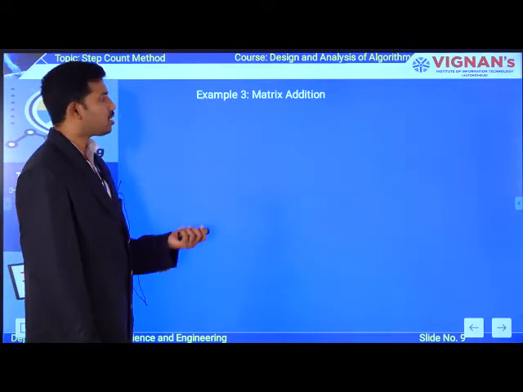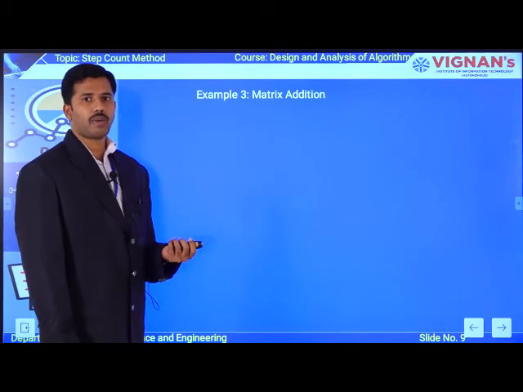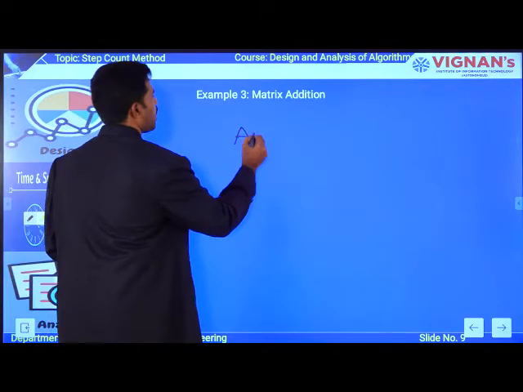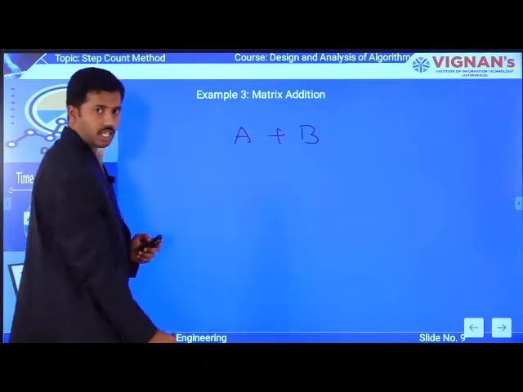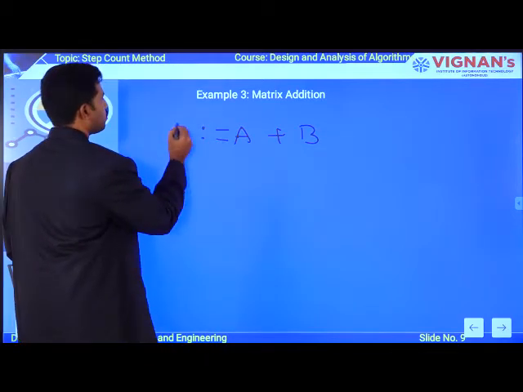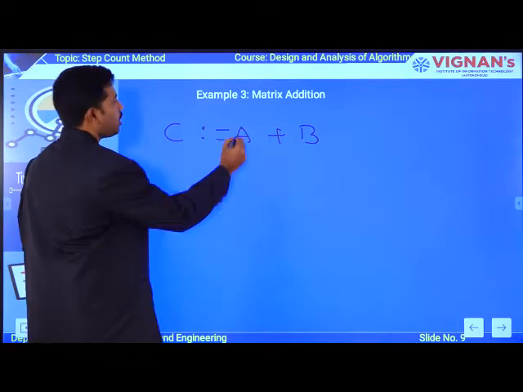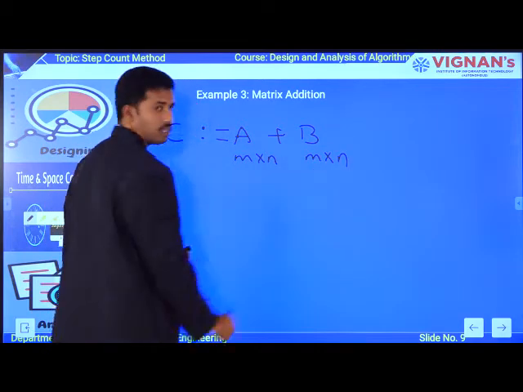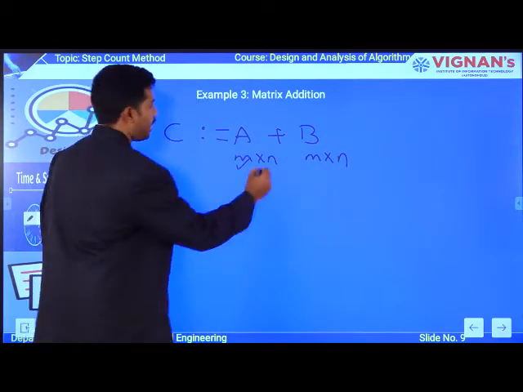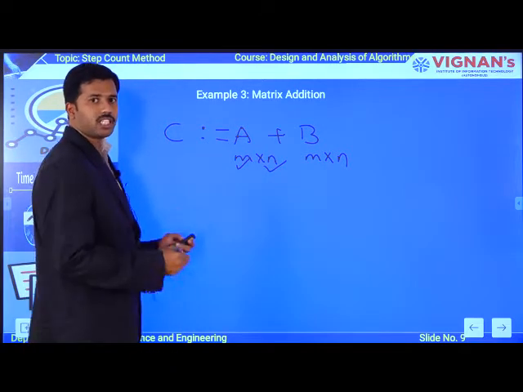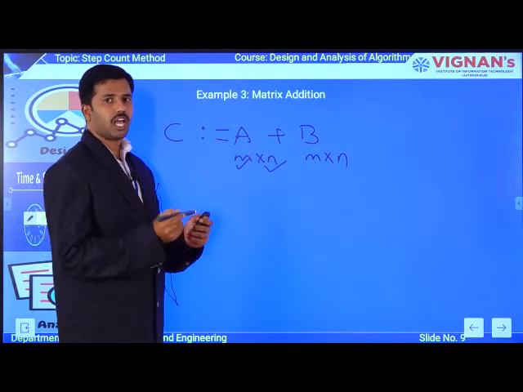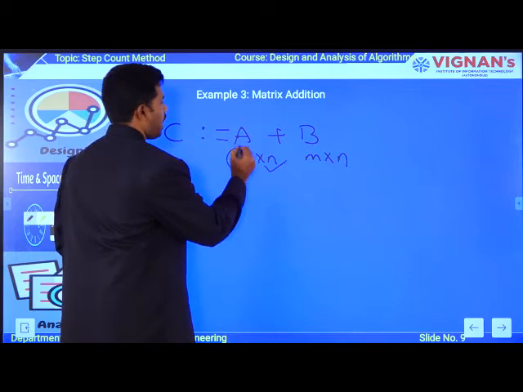Okay. Now coming to the third one. So in the third one, you are going to have a matrix addition. So how you are performing a matrix addition operation? To perform a matrix addition operation, you are going to be having 2 arrays as an input, and the result you are storing to C. Ultimately, the input arrays A and B are having particular dimensions m by n. So m defines number of rows and n defines number of columns. So you are applying arithmetic operation on the 2 input arrays A and B with the help of dimensions m as well as n.